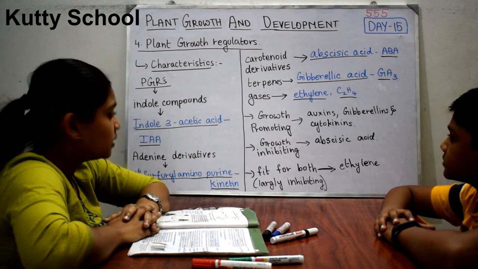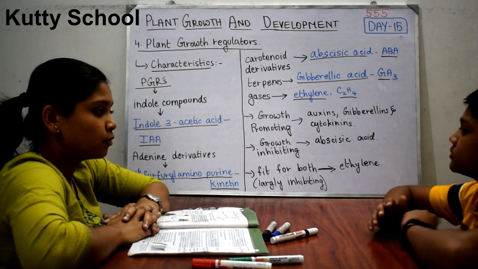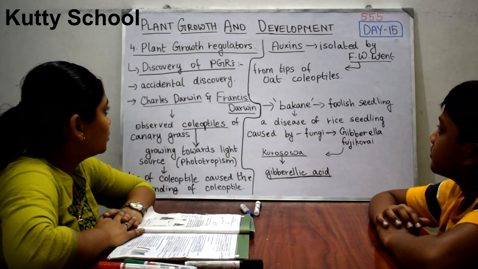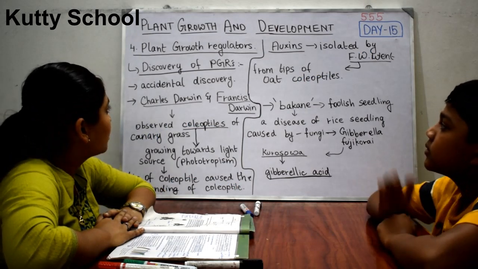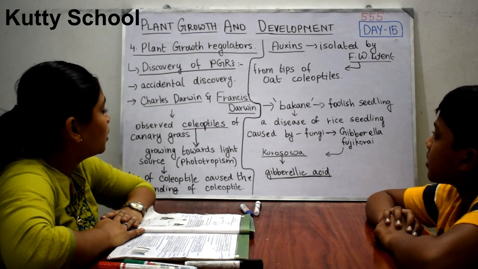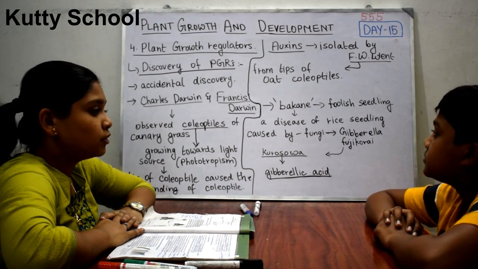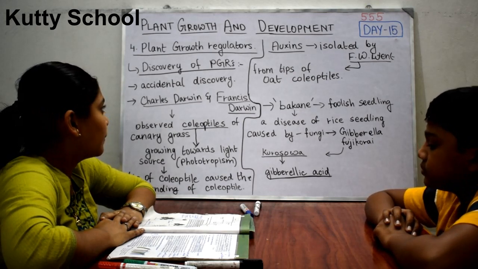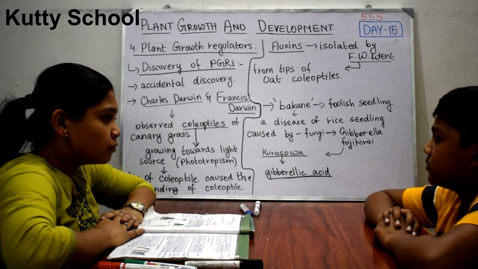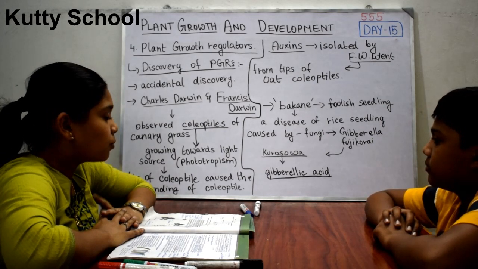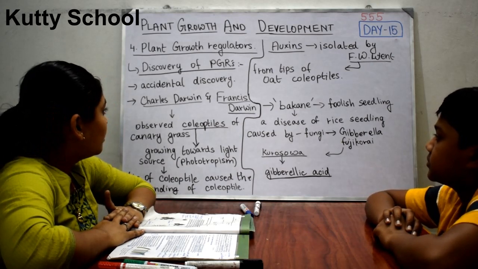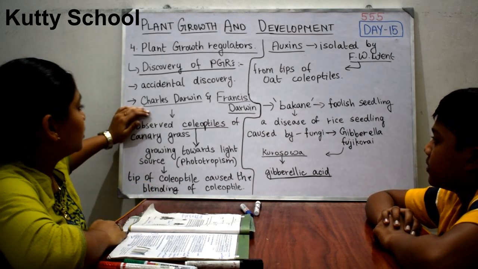So now we will see the discovery of the plant growth regulators, okay? Under plant growth regulators, we are going to see our second subtopic, which is the discovery of plant growth regulators. Here we are going to see two discoveries. All five plant growth regulators, all five hormones, were discovered accidentally, okay? And in the first